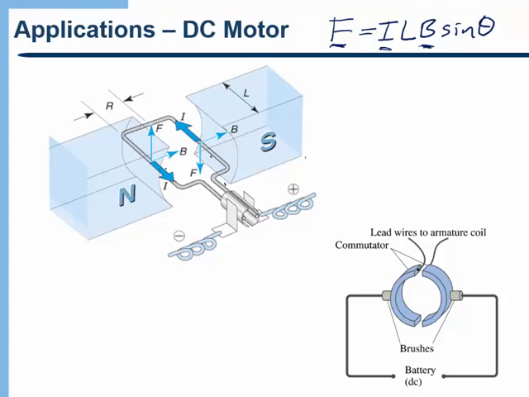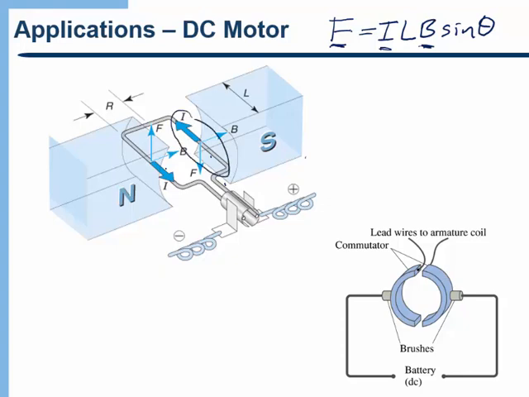Now, the one thing about a DC motor is that once it spins halfway around, it would actually flip back the other way unless we change the direction of the current in the loop. And so the detail here of the motor is shown here. It's called the commutator. And what happens there is you'll notice that we have this split ring so that every half turn of the motor, it changes which side is getting the current going in like this,